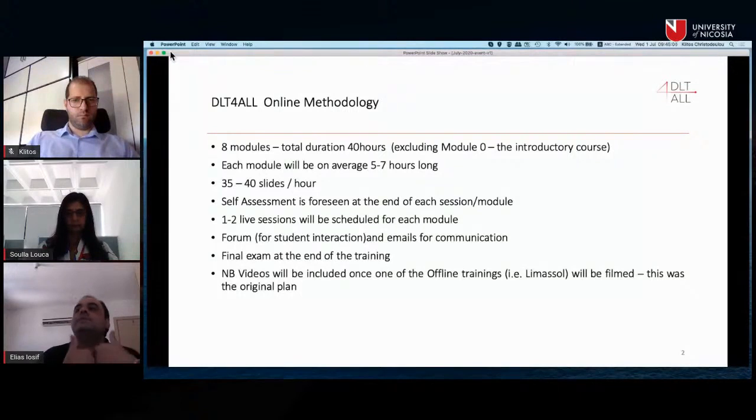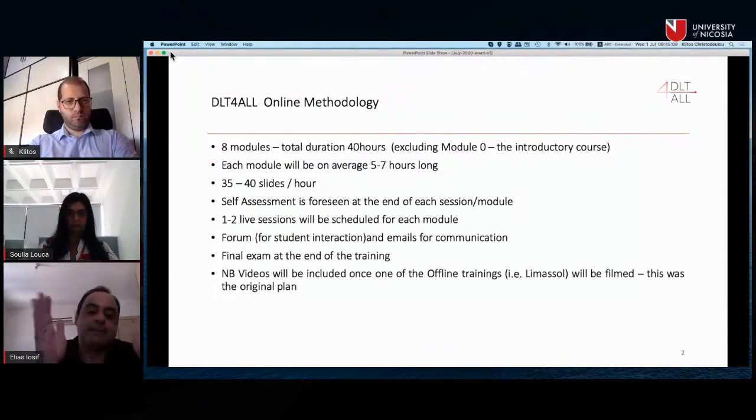For example, when I'm trying to introduce to the learners some basic definitions, we need first to make those definitions clear and then start the discussion. Obviously,